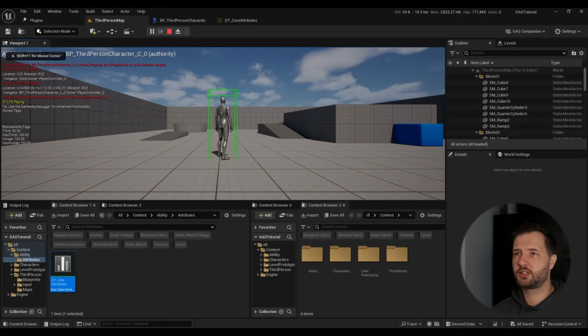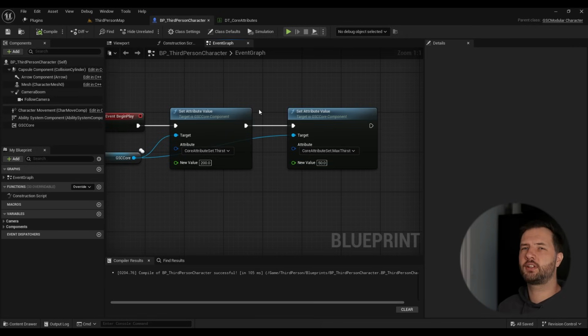And if we go here, we can see the thirst is 30. And now we're going to talk a bit about how these values actually work, and where you need to be careful when you modify them. So for example, I'm going to set thirst to 200, and I'm going to set